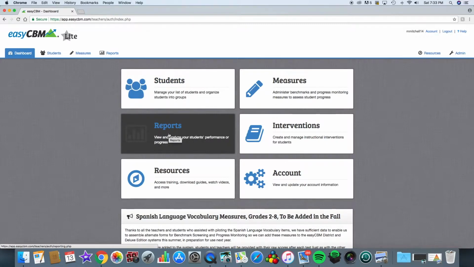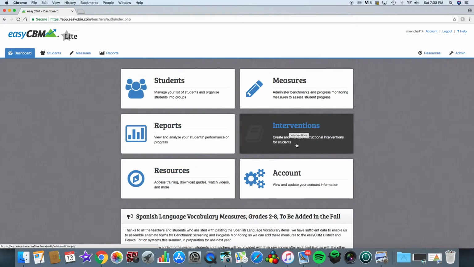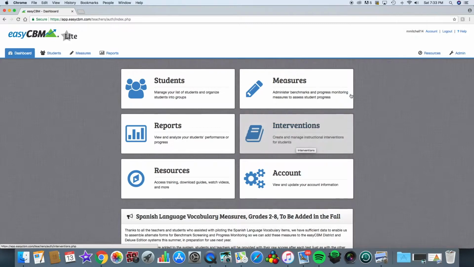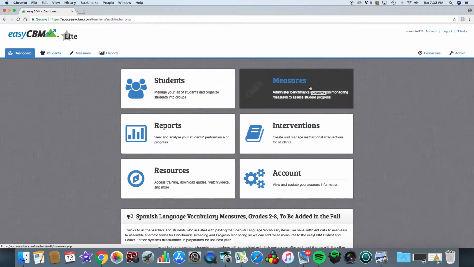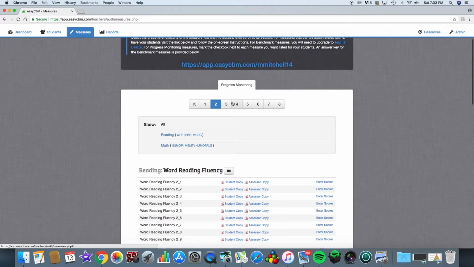You can do reports, students, there's different resources, there's different interventions. This intervention part is if you pay the money, but this tool right here where it says measures, this is what I always use. And I have it on second grade because that's where I was doing the intervention for a student that was in second grade. But you can see that you can click on any grade from K to 8 and it'll